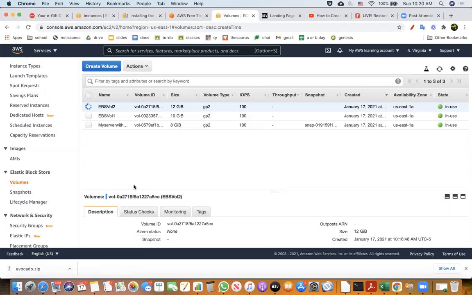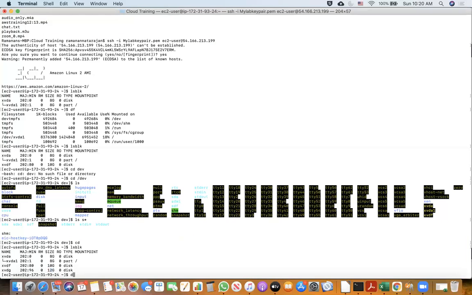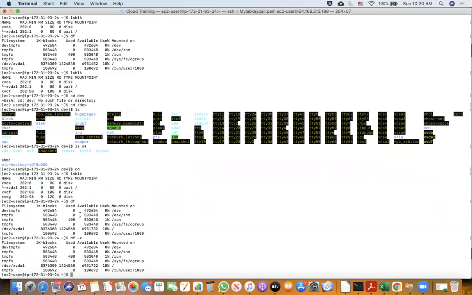Okay. So now I am going to look at my df. I would still have the same directories because I added the disks, but they are still not usable by me, because on this disk there is no file system. Another thing you should see here: if I put df -k, it shows xvda1 with this many 1K blocks, and this many are used. Which means that some operating system files are currently hosted in this root volume.